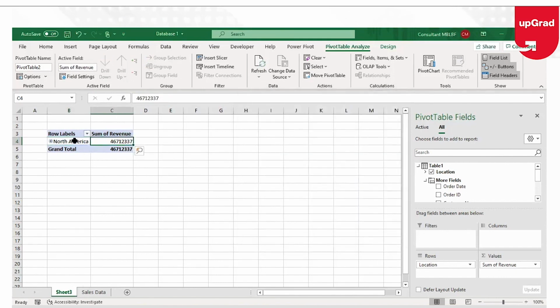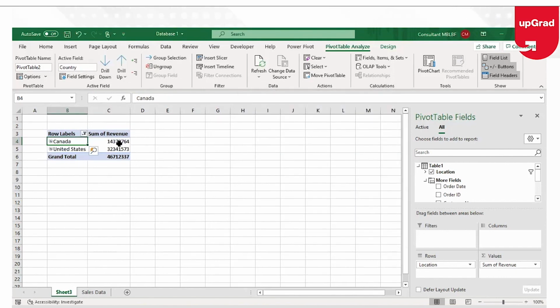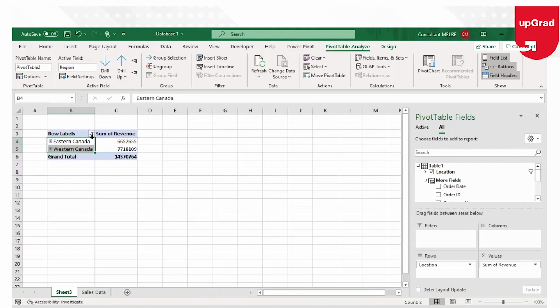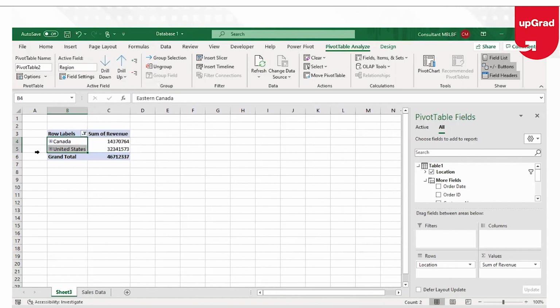And you can also see when I'm doing the drill down, the revenue is also getting drilled down. That means the revenue is also showing as per the data which is picked up here. If I select both and say drill down, it doesn't work. It always picks up only the first part for drilling down. So you have to be very, very careful about which kind of data you're selecting.